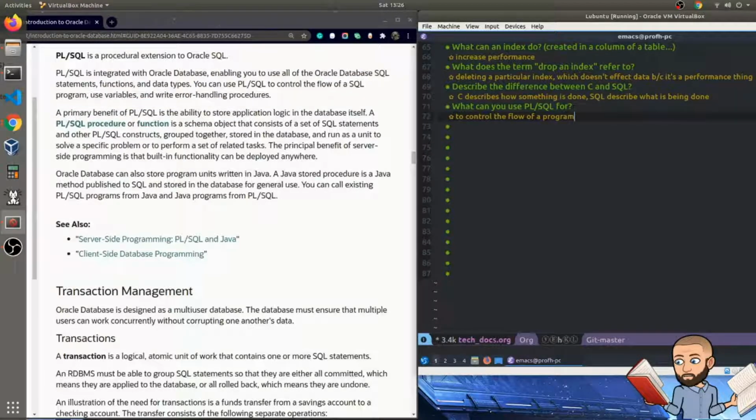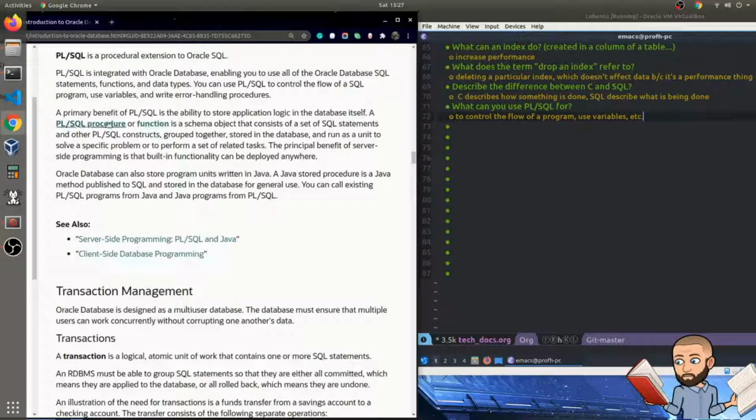All right, so I wrote that in question form. What can you use PL/SQL for? All right, so first answer, to control the flow of the program, to use variables, and even write error handling procedures. A primary benefit of PL/SQL is the ability to store application logic in the database itself. A PL/SQL procedure or function is a schema object that consists of a set of SQL statements and other constructs grouped together, stored in the database, and run as a unit to solve a specific problem or to perform a set of related tasks. The principal benefit of server-side programming